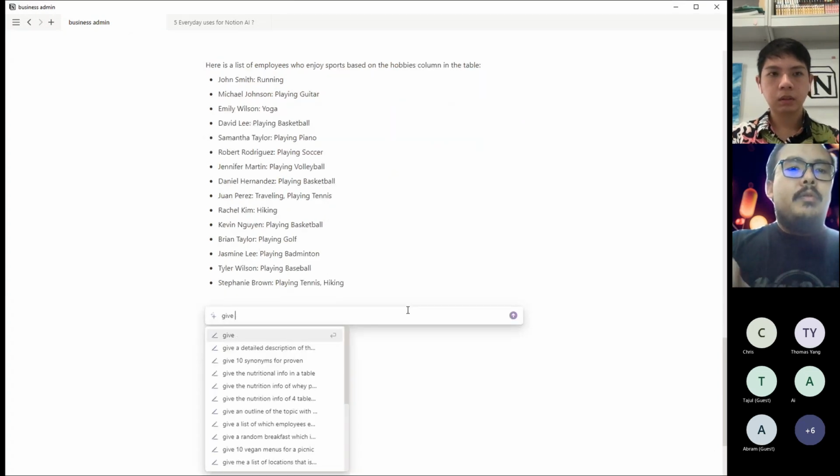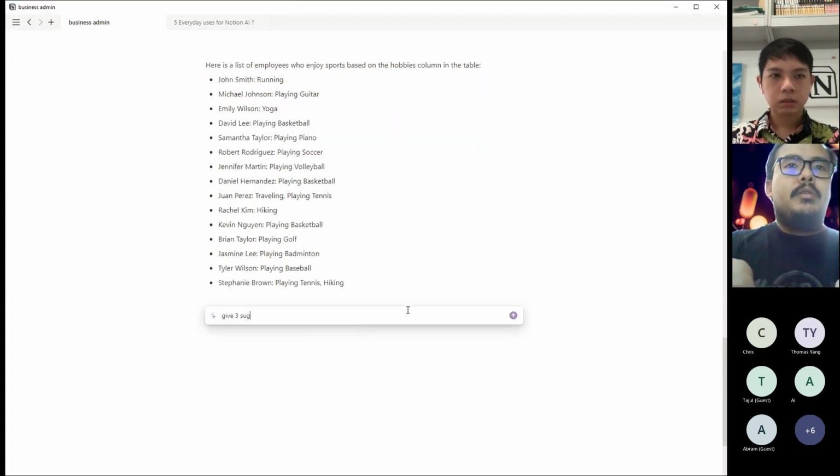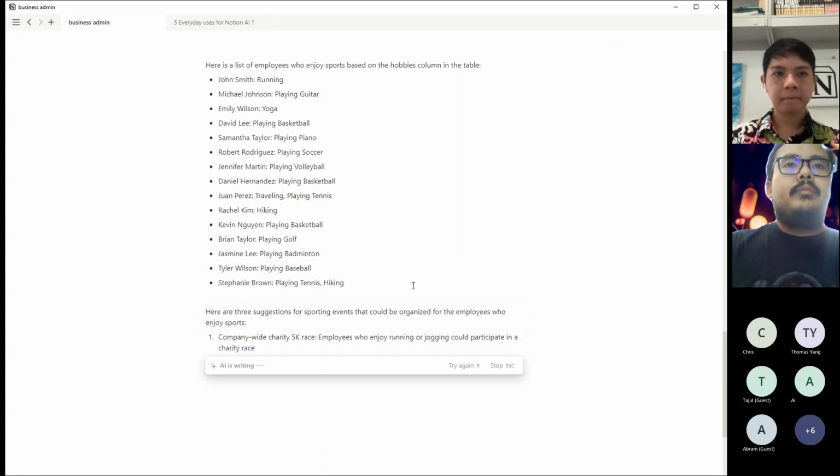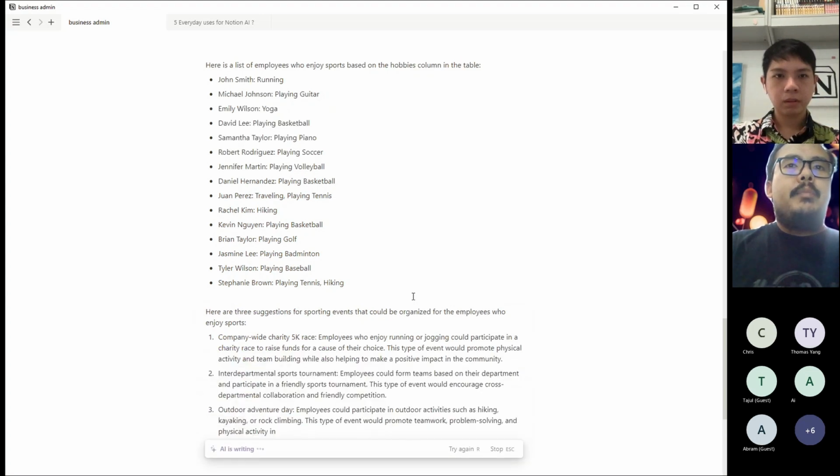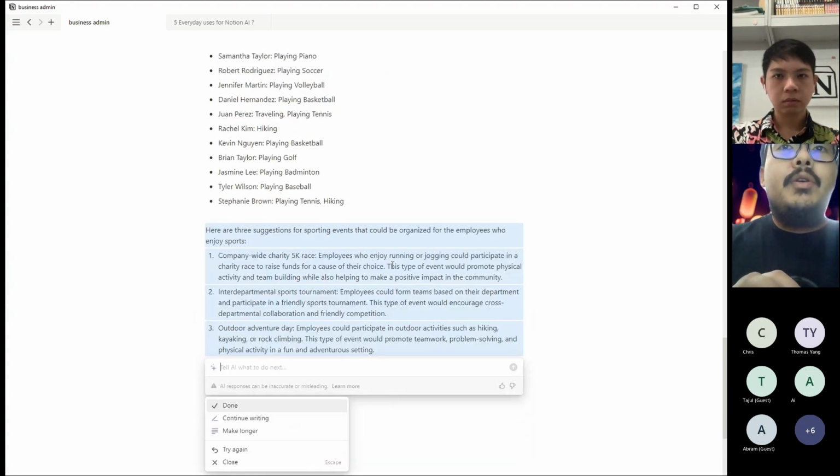Give 3 suggestions of what we should organize. Okay, company-wide, say employees who enjoy running and jogging could participate in a group run to promote physical health.